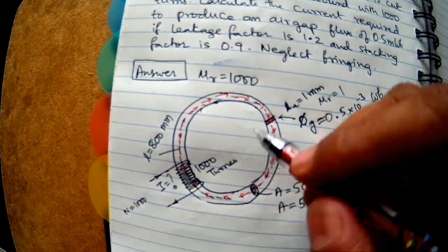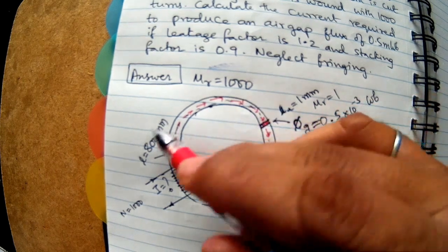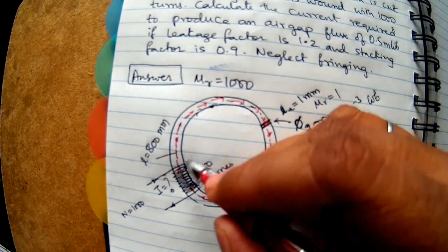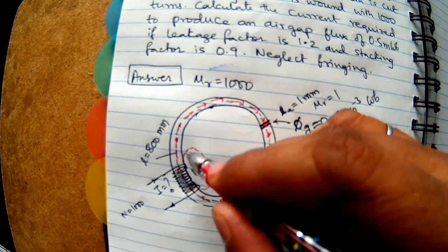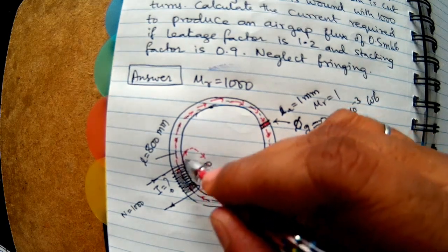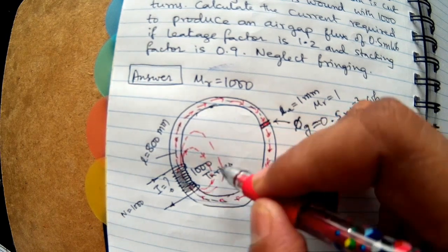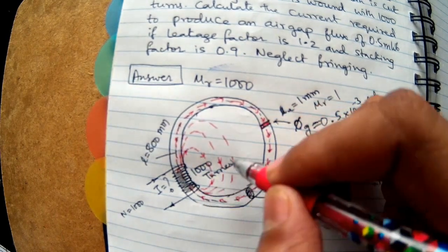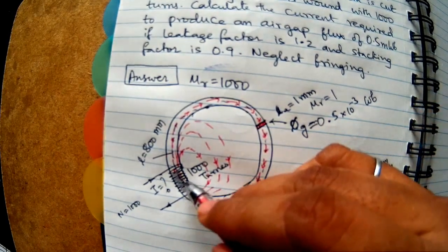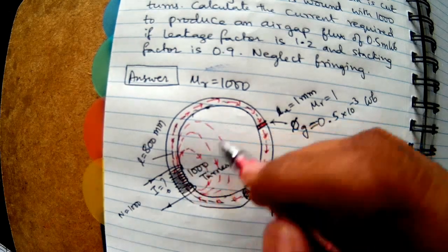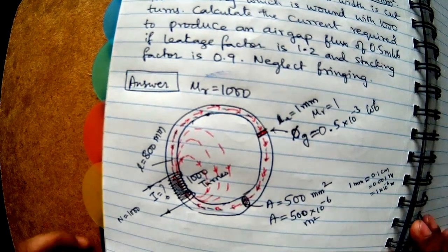Now you might ask the question, why does the entire flux only travel through this ring? Why not from anywhere else? In fact, it actually happens. Some of the flux leaks. So I'll just draw the leakage flux like this. Because this is a shortcut, some flux, a minor percentage of flux, leaks like this. Some more flux may leak like this, and some more like this, and so on. So effectively, the flux here is 0.5 milliwebers, but the flux here may be more than 0.5 milliwebers considering the leakage. So that factor is called the leakage factor.